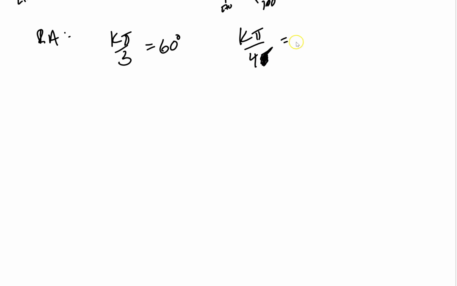Over 4, there you go, it's 45. And then if it's over 6, it's going to be 30. 180 divided by 6 is 30. Now, again, no matter which way you do it, you're going to have to know your reference angles for radian